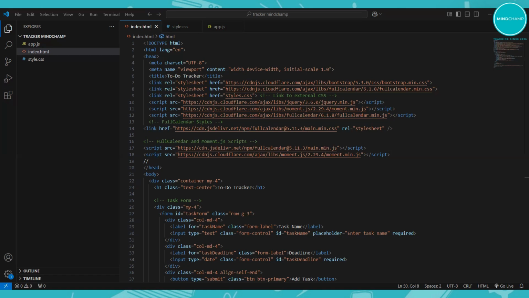The meta charset specifies the character encoding for the document as UTF-8, which supports a wide range of characters. While the meta name viewport tag ensures the page is responsive, scaling properly on mobile devices. The title tag sets the title that appears in the browser tab, while the link and script tags include external resources such as Bootstrap CSS, which provides styles for a responsive, clean layout, Full Calendar CSS, which styles the calendar, styles.css,